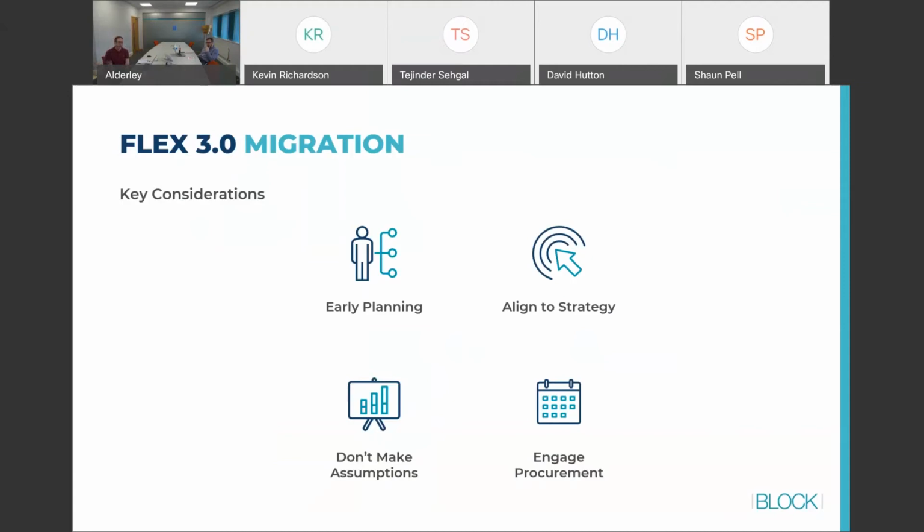Make sure you're aligning that migration with the organisation strategy. So if you're thinking cloud, think about the licenses you'll need to cover that cloud. Is it an enterprise agreement? Is it a named user? Think about what extra services you'll be deploying.